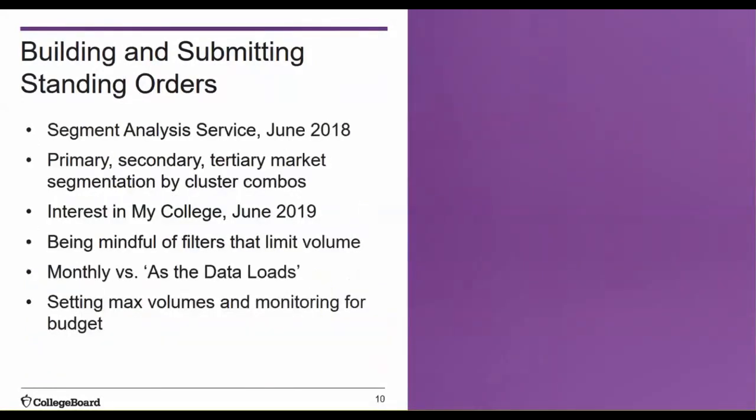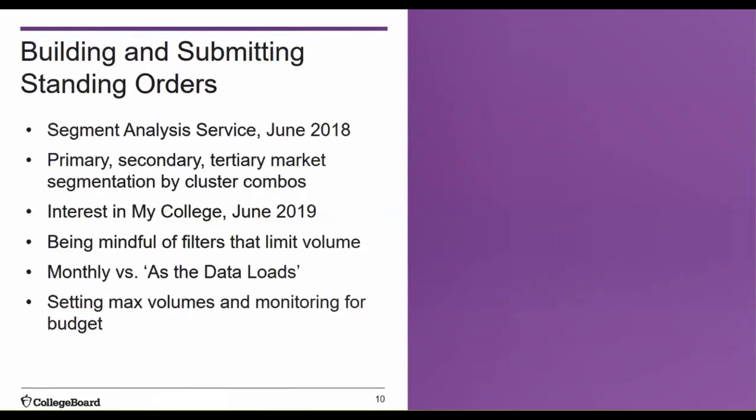I want to mention here that we were not building a search strategy with a reliable CRM like Slate at the time. I inherited a broken CRM that was very limited in its top of the funnel management, messaging, and reporting. Rolling into early yield season of fall 2019, and as we prep for launching Slate that March, standing orders across seniors, sophomores, and juniors in primary and secondary markets were set.